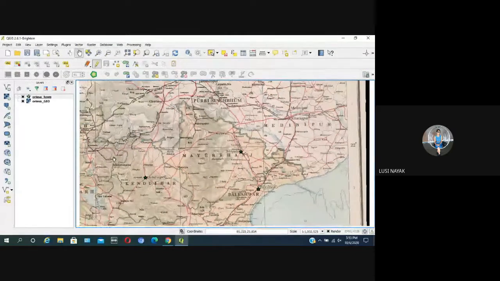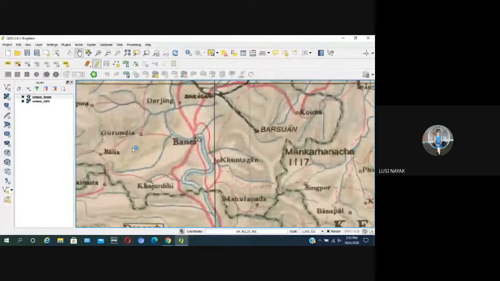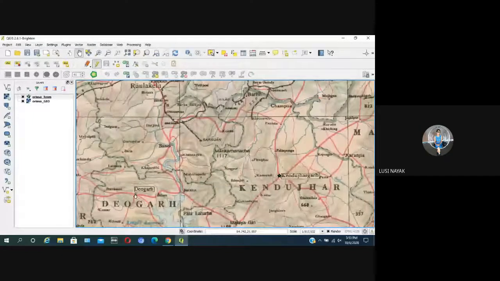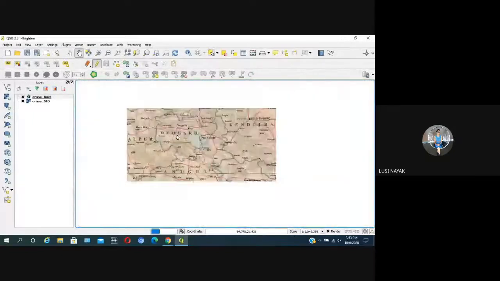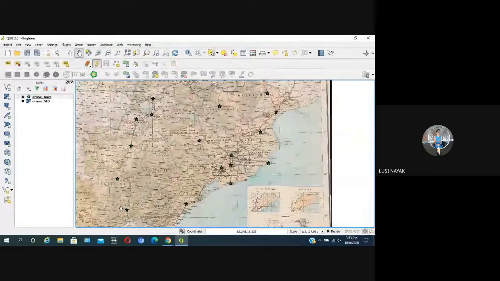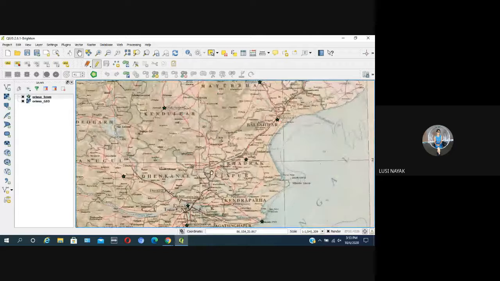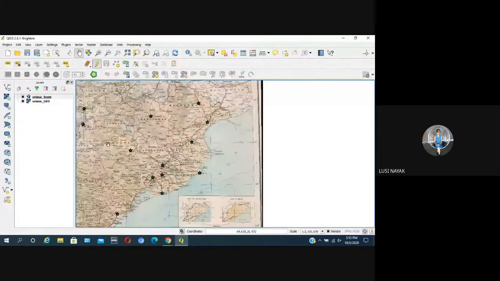Once you are done with 28 points, then we'll start entering the name as well as the population of these towns in the database. So just try till this. Within another 10 minutes, we'll start developing the attribute data entry. Once you have seen this, you can try it in the evening at your own convenience and practice it. By tomorrow, we need this point layer to be ready.